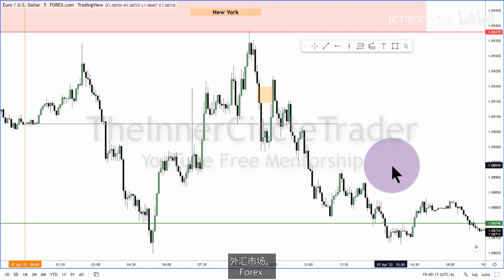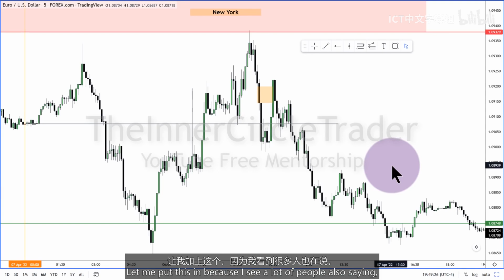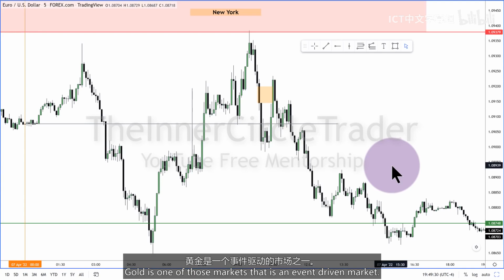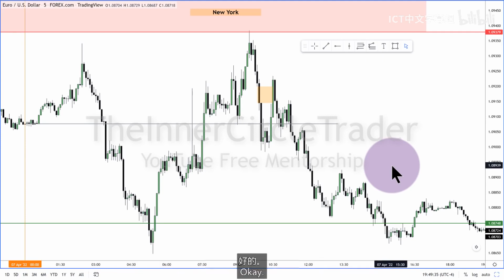It's applicable to Forex. It's applicable to bonds. It's applicable to gold. It's applicable. But let me put this, because I see a lot of people also saying, can you show it in gold? Gold is one of those markets that is an event-driven market. Okay. And what that means is it usually requires some kind of